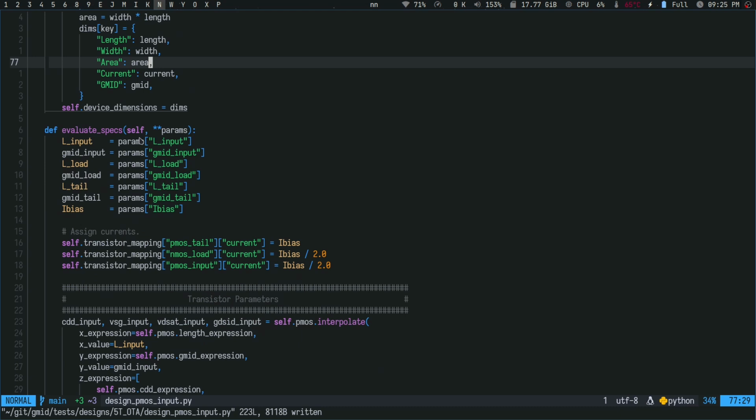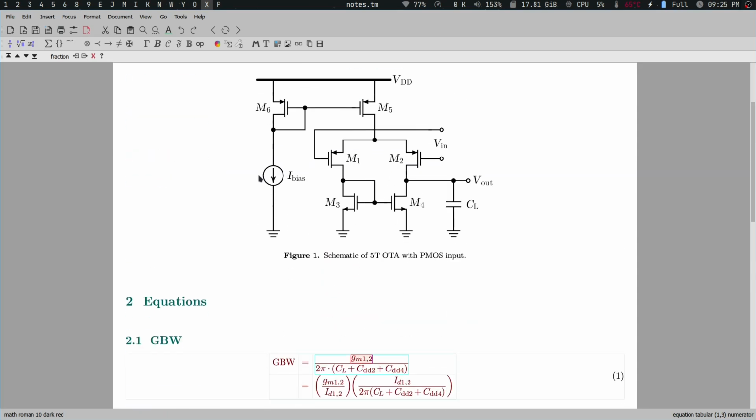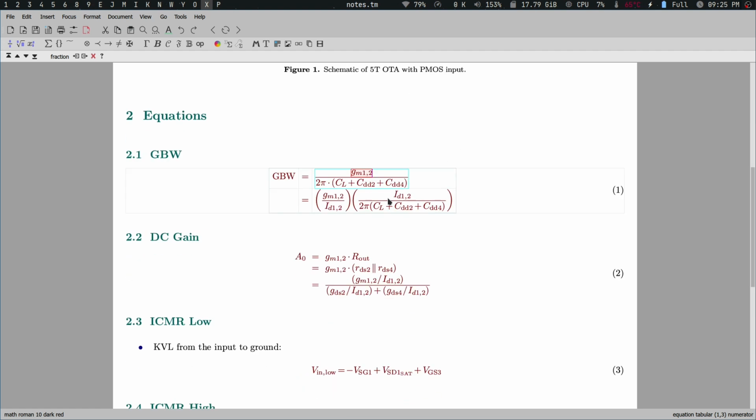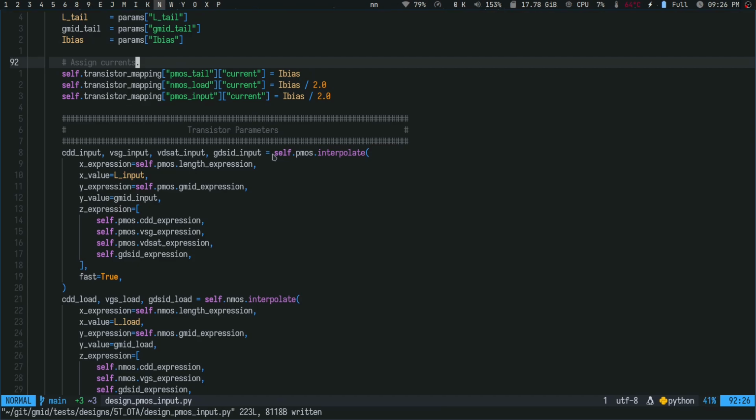So now all we need to do is specify the name of the parameter. For each transistor, what parameters do we need? Come back to this, remember this guy. For example, for this transistor, obviously we need the GM of this guy. We need the VGS of this guy, or VSG. We need the VDSAT, and so on and so forth, based on these specifications. So if one of the specifications requires the use of one of the parameters here, you basically just say, okay, this is the